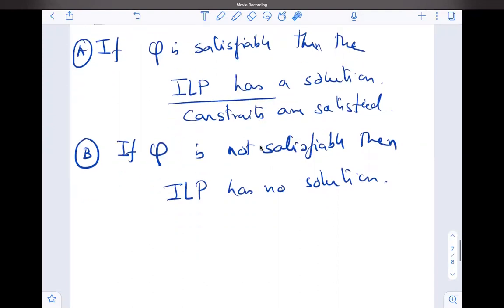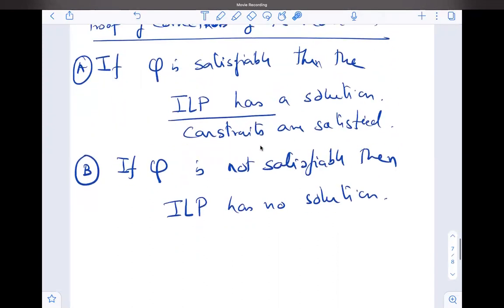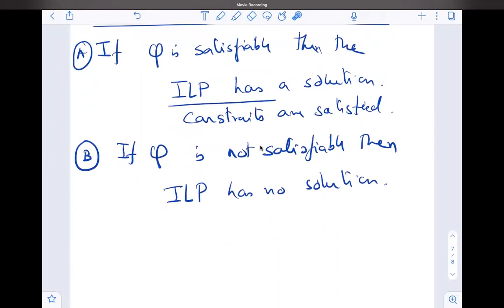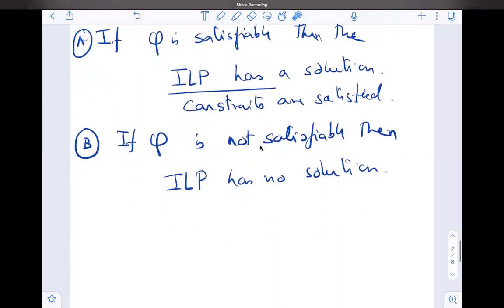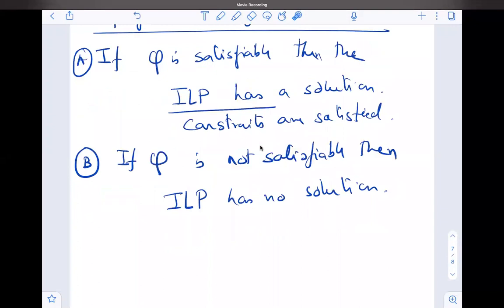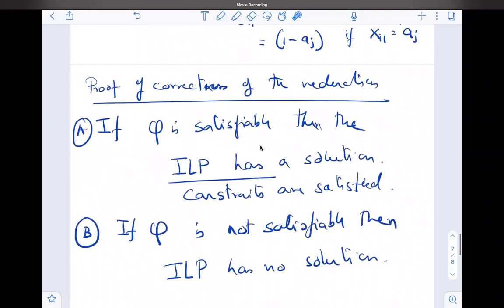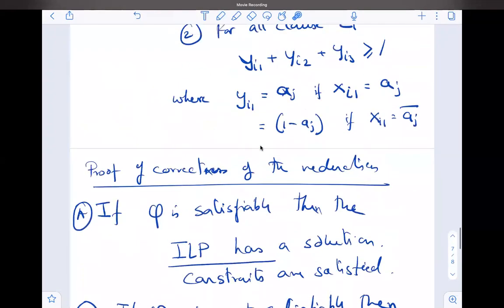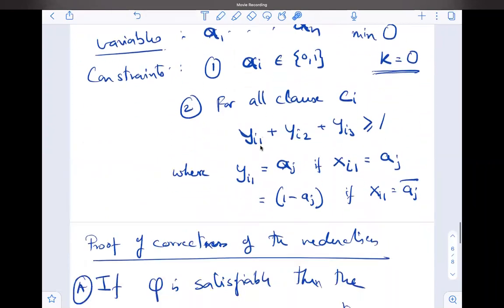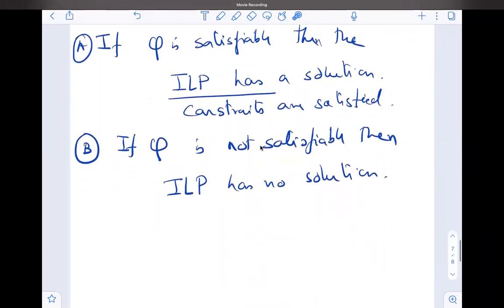So if you are comfortable with this, I will give you an assignment on this NP completeness, in which I would insist you write the proofs of them. This particular reduction was an easy reduction, and the proof is kind of easier. Usually the proofs are not the hard part. The proofs, you can think of and you will get it. The hardest part is actually the construction of the reduction.